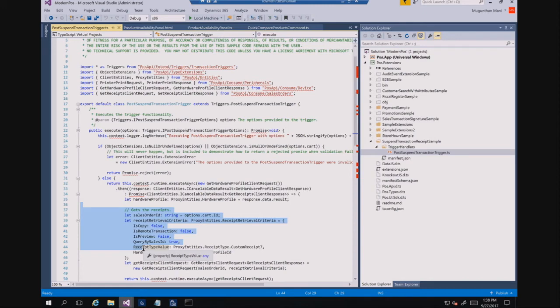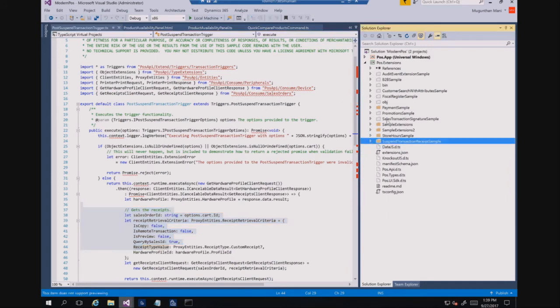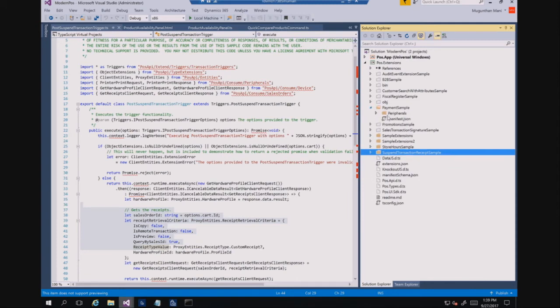Triggers are now available for all different operations. Anything you do in POS has a trigger. You can do a pre-trigger or a post-trigger. So this sample will help you with how you can do the trigger. The last one in the extension is if you want to completely override our flow, right? For that I will show you the payment sample code. Okay. By default the payment has 3 or 4 methods, right?